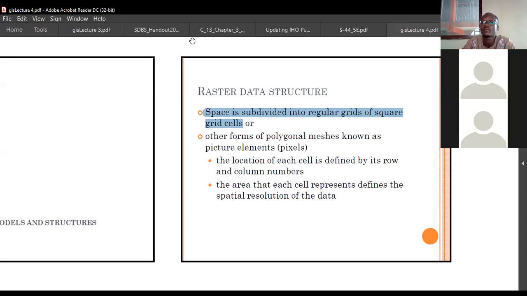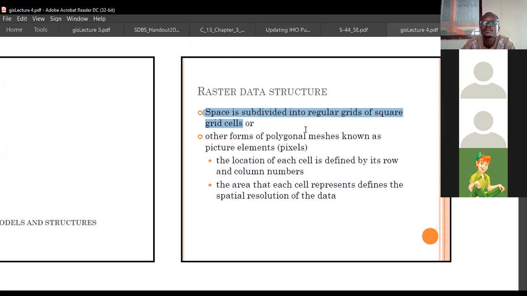It means that the camera has divided into